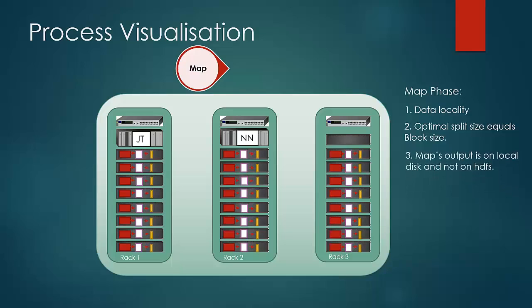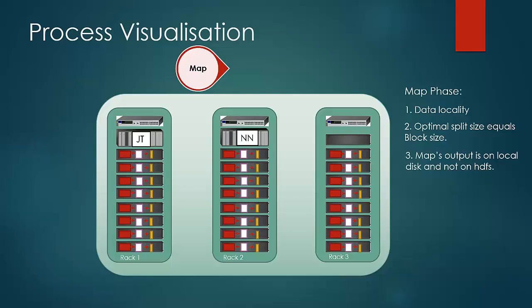It is to be noted that the map output is written on the local disk as it is an intermediate result and is of no importance after the final result has been calculated. Hence it is stored only until the reducer has picked up and processed it successfully. It may happen that the reducer fails, and in that case job tracker would reuse the map output. So job tracker cleans up the map output only after the successful completion of the reduce job.